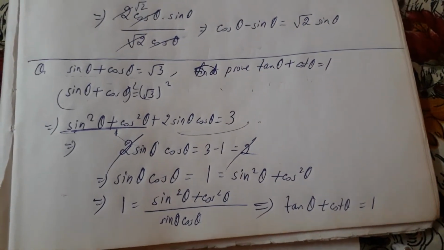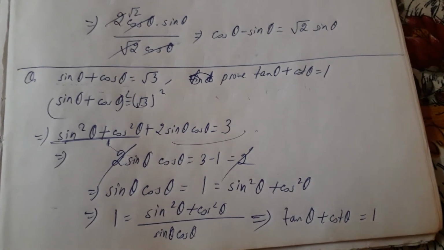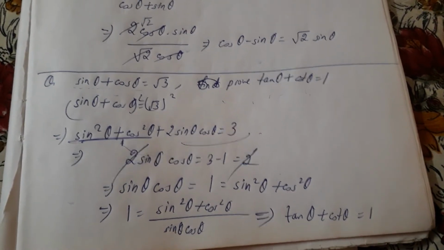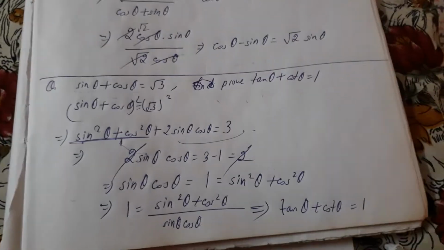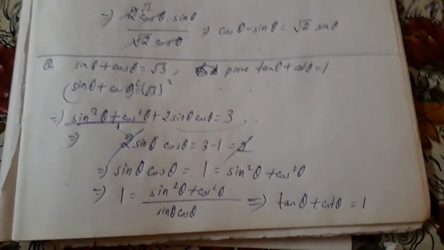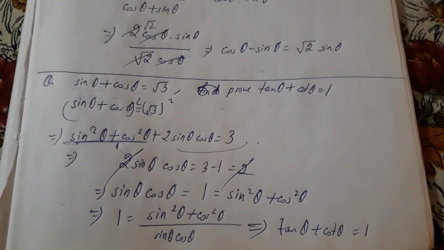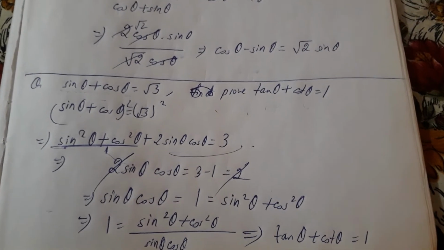Don't waste time by doing these sums in a lengthy way. Always do it in the shortest way. See, the same technique is used here. The first step is squaring both the sides. Always remember, then you will see the maths will be automatically solved. Always do it in as few steps as possible. Okay, now see the next one.